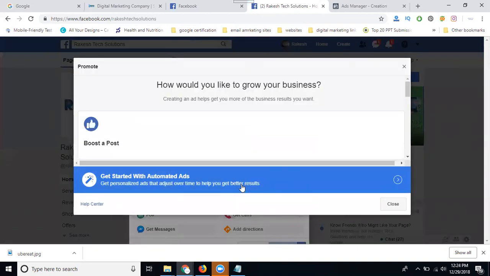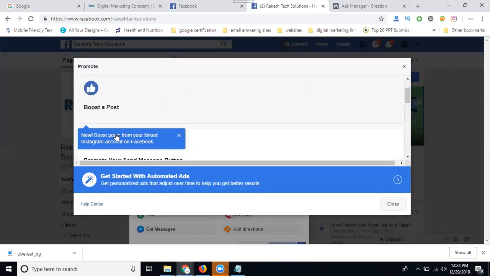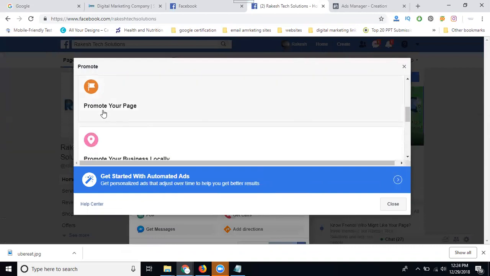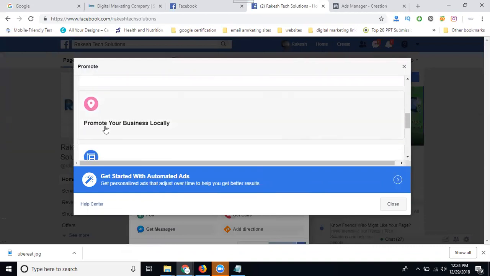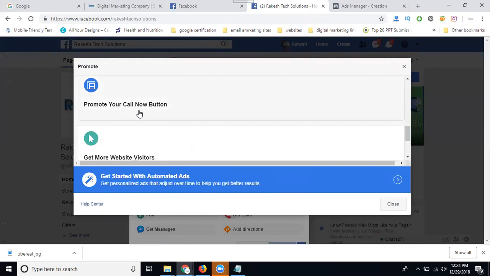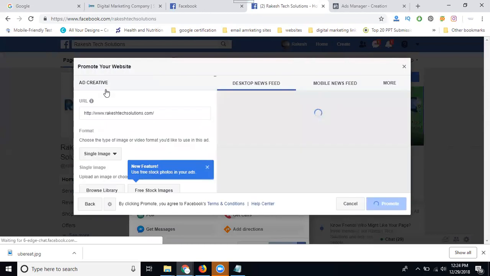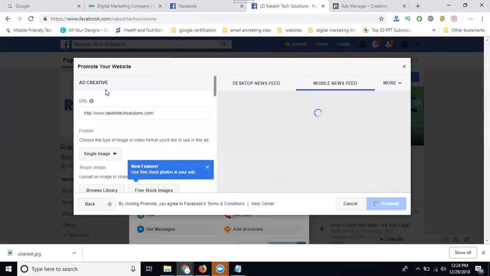Simply advertise your business: boost a post, promote your send message button, promote your page, promote your business locally, promote your call button, get more website visitors, get more leads. What is my recommendation? Get website visitors, for the purpose of conversion.